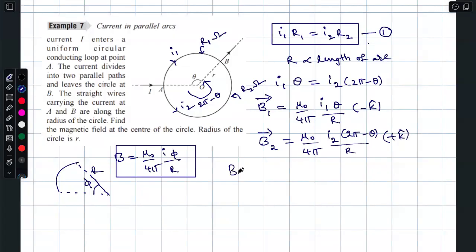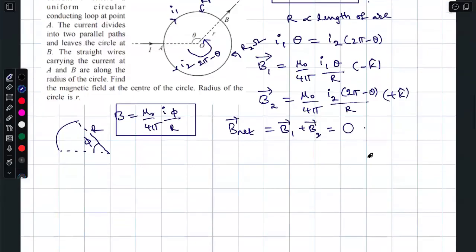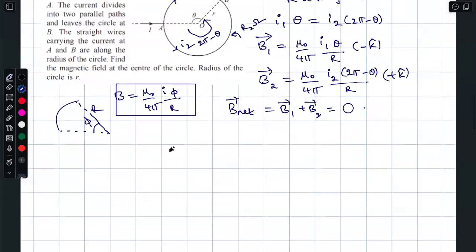So B net is equal to B1 bar plus B2 bar. ఎంత? 0. Why 0? Because μ0 by 4π common, I1 θ minus I2 (2π minus θ) వచ్చింది మీకు అక్కడ. అది 0 కదా. సో దేర్ ఫోర్ ఇలా కరెంట్ స్ప్లిట్ అయితే 0. దీనికే కాదు, యూనిఫార్మ్ వైర్ కావాలి కంపల్సరీగా దానికి. ఈవెన్ ఇన్ దిస్ కేస్ ఆల్సో, ఫర్ ఎగ్జాంపుల్,